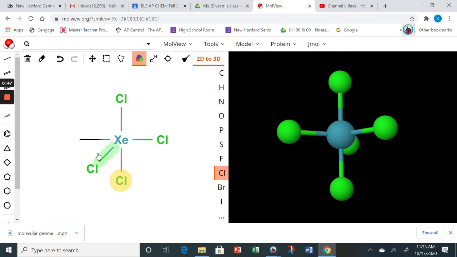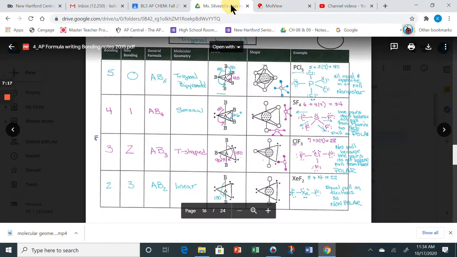So if you look at it, the way it even put it into the 2D, you can kind of see where the plane is, where you have this plane that we call, not axial, equatorial, right? So here's my equator, here's my little center atom, and then we're at the equator, and then these are the poles, so we call that axial. Okay, so when we go over to our diagram here,